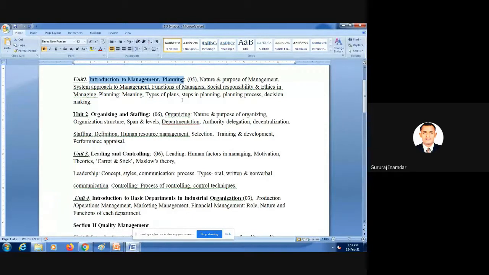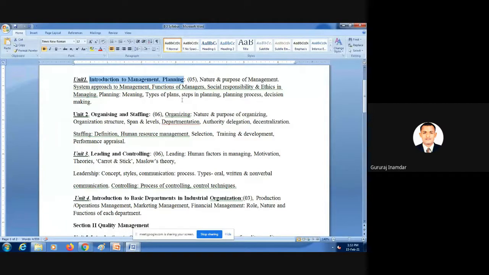Okay, so this is our main function of this subject. Now, social responsibility and the ethics of management. If you are in that chair, the manager chair, there are different ethics, different rules, different regulations that we have to follow. Create rules, follow those rules, and make others follow the rules also. This is the main motto of that manager.